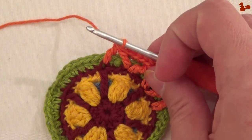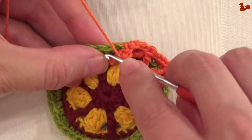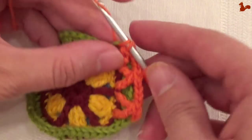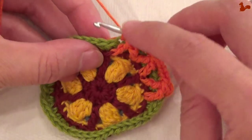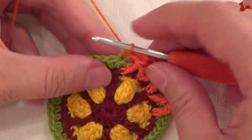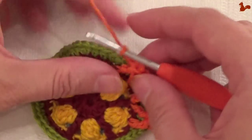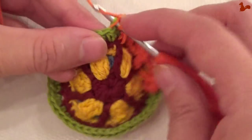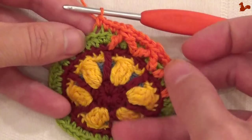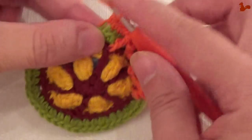You come back up to row 5, do not skip any stitches. So immediately on the next stitch, work 4 single crochets. That's 1, 2, 3, and 4. And now you're ready to work the last V of the repeat, which is again going to be